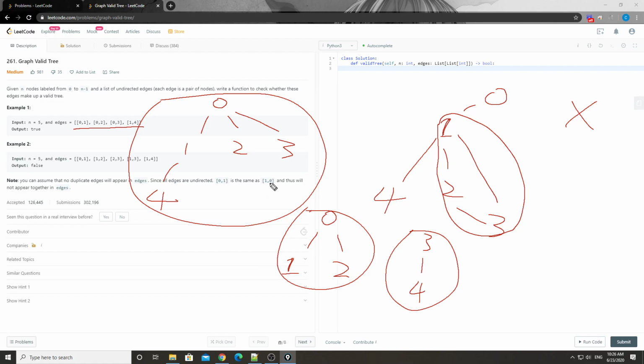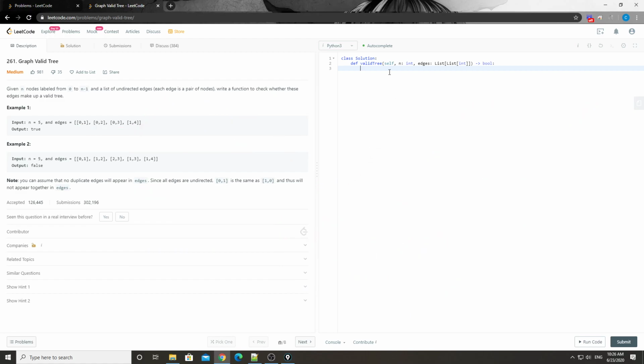Cool, let's start coding. Let's create a graph here first, with a defaultdict of lists. That's a very standard way of creating a graph. For each edge in edges,